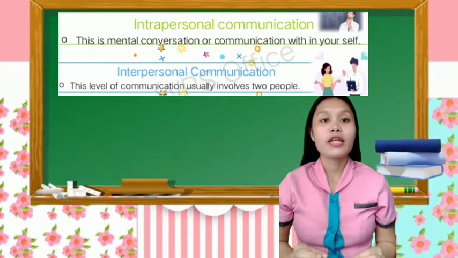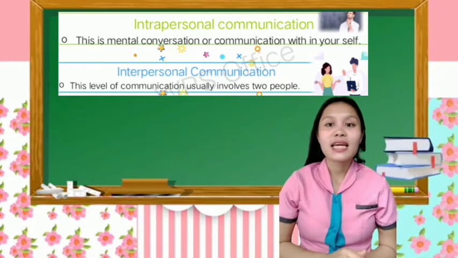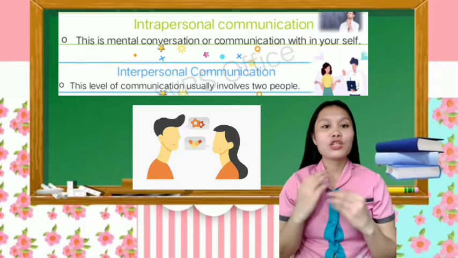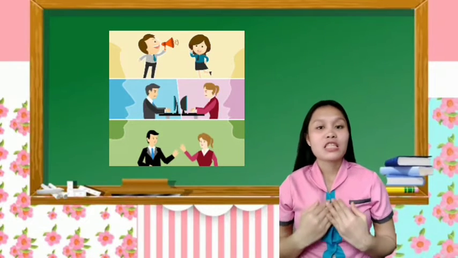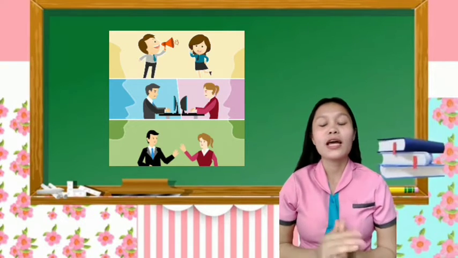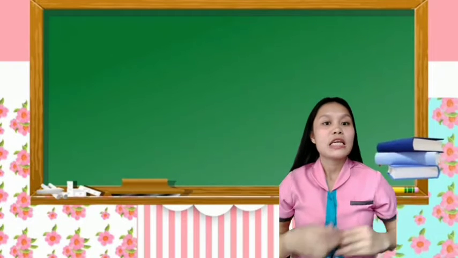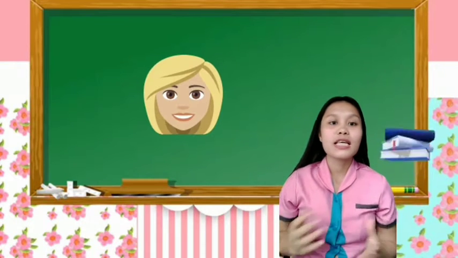The second level of communication is what we call interpersonal communication. This is any kind of communication between two people and only two people. This could be a conversation between you and your best friend, a text message your mom sent you, or a meeting with you and one of your instructors or teachers. Talking with another individual, exchanging text messages or emails, video conferencing, even nonverbal cues like a shrug of the shoulders or a meaningful glance are all examples of